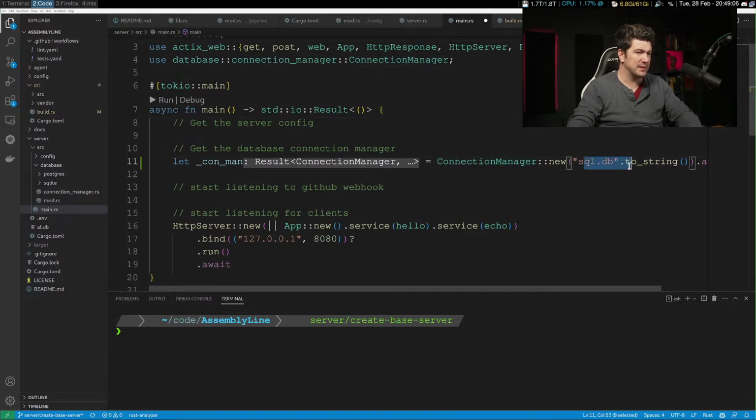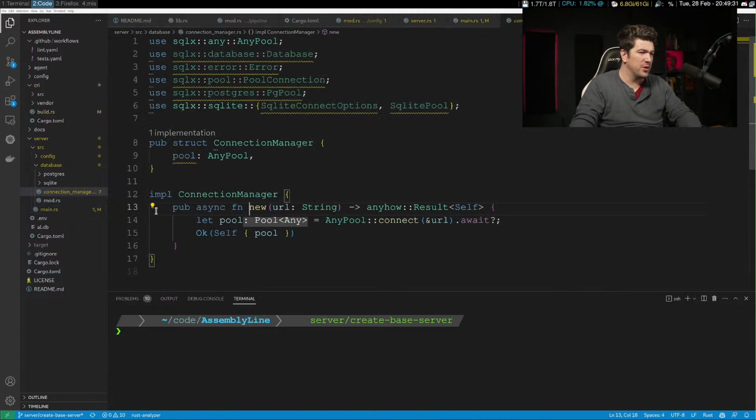So we're opening this connection manager with SQLite DB. Actually, I think this is wrong. I think it's like this, right? And our DB is ALDB. I don't know if we'll keep the connection manager.